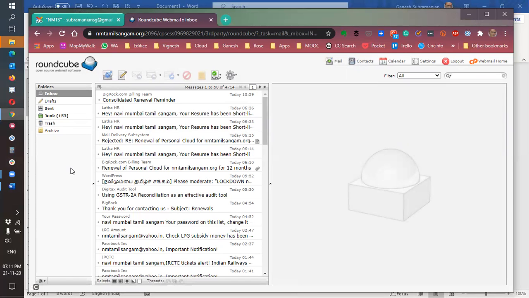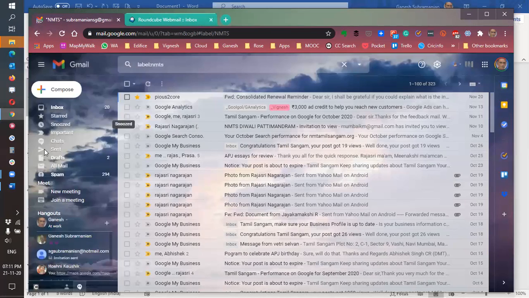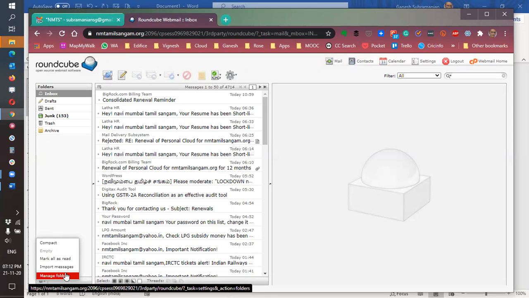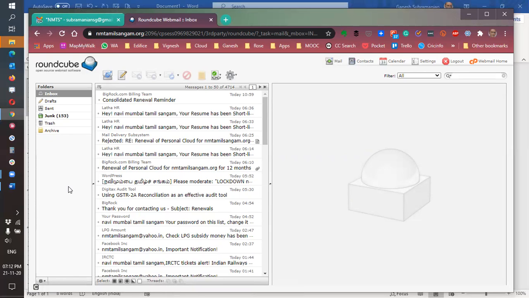If you want to create folders, as you can see, I create a lot of folders and save mails so that all my mails are grouped together, like Dropbox, CRM, company report, digital marketing. In the same way, you can create folders by clicking on the settings button right at the bottom left corner: folder actions, compact, mark as read, import, manage folders. In manage folders, you can create new folders and drag the mail there depending on its classification. Now this takes care of the browser window.